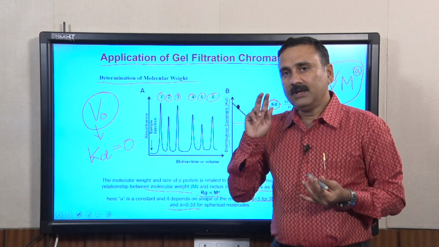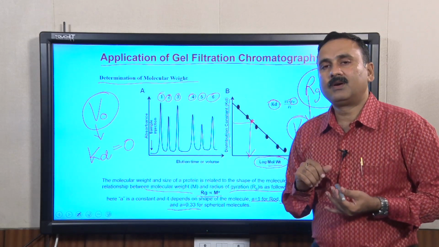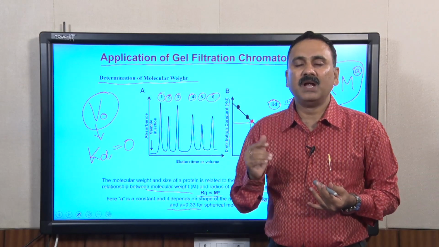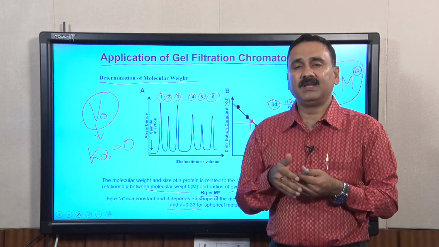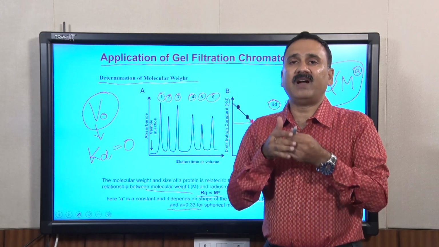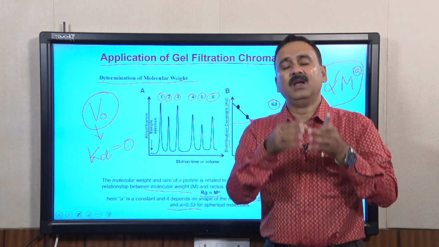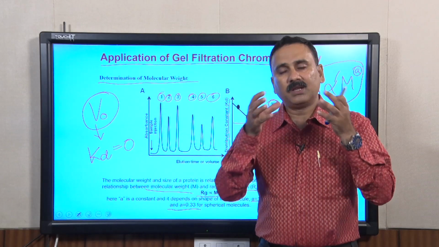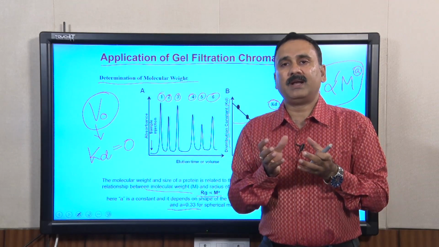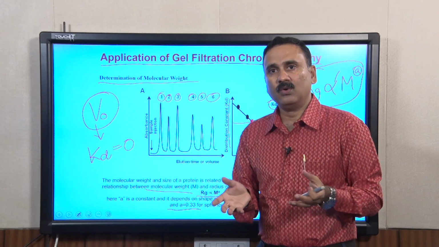Now, to answer this question, you can understand that most of these gel filtration chromatography columns only work with globular proteins, which means they are not going to work with fibrous proteins. So, there are two different types of protein. One is globular protein, which are ball-like proteins, which maintain all the residues along with the center, whereas there are fibrous proteins which do not follow this particular rule.